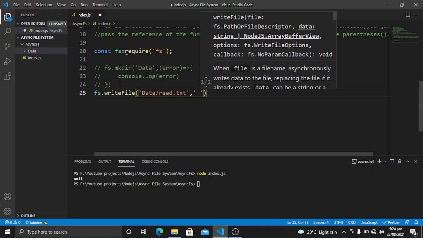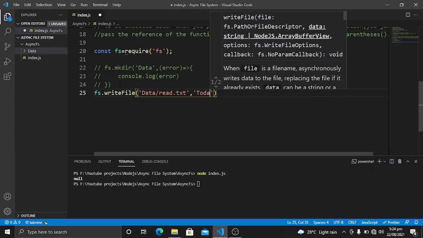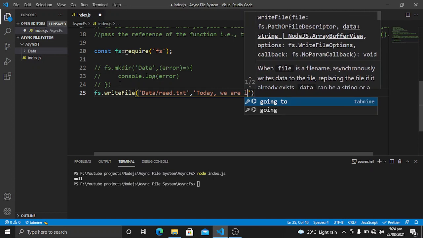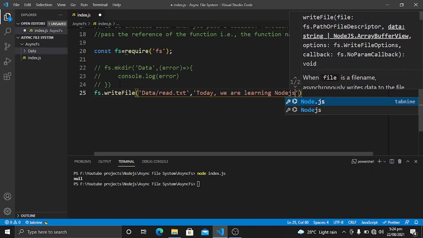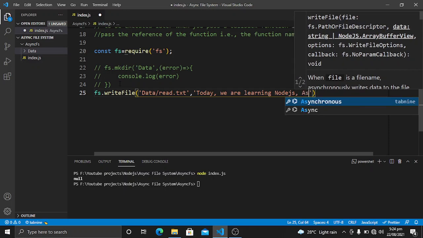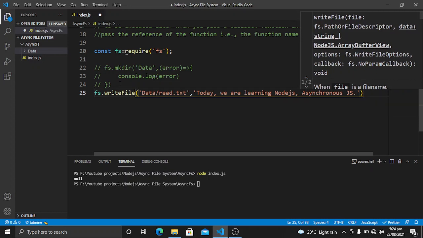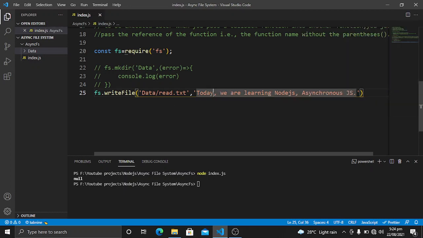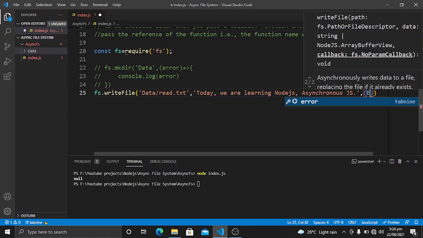So let's give it some content such as: today we are learning Node.js asynchronous JS. Let's save it. Now when I try to run this code, this will also give us an error, because the async method requires a callback function. So let's give it a callback function.